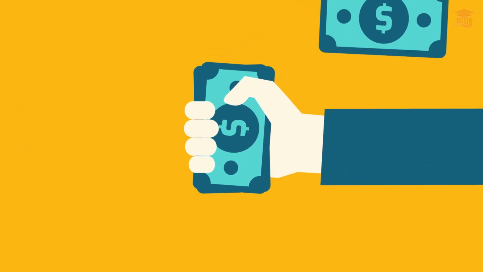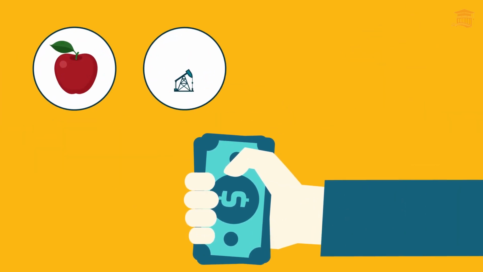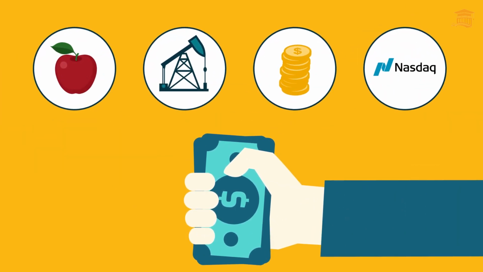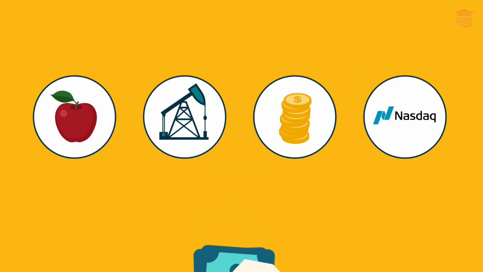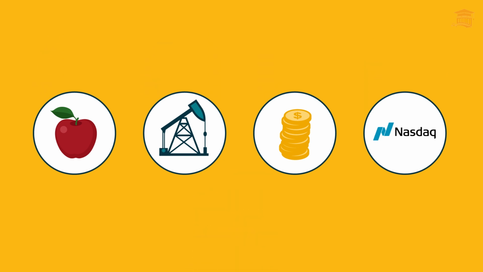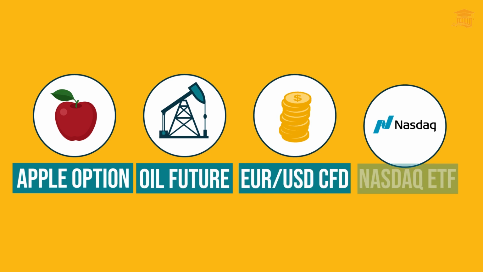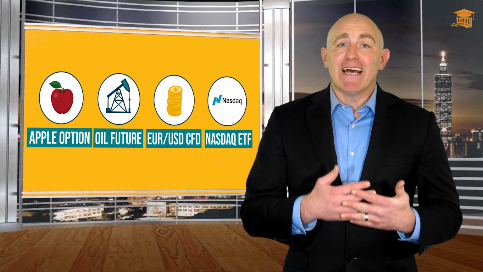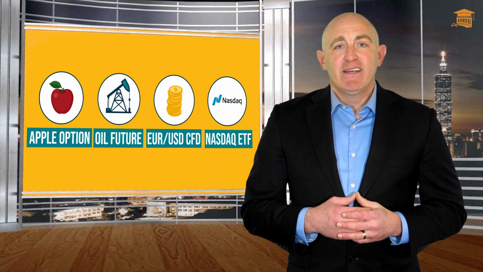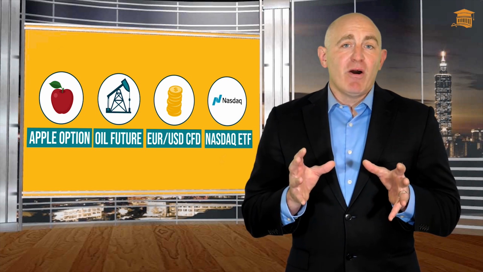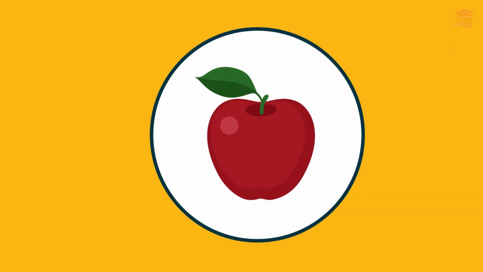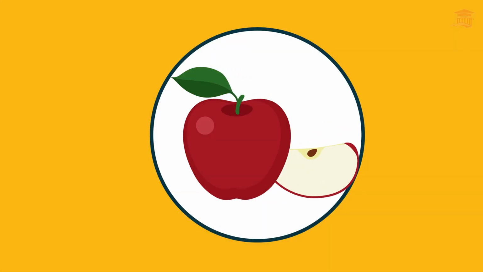Broadly speaking, these assets can be divided into shares, commodities, currency pairs, and indexes. And we can trade in the actual assets themselves. We can also trade in asset derivatives, like options and contracts to buy or sell the assets at some future time. Now, very briefly, shares are a part of a company that the company sells to raise capital. So if you own shares in Apple, you actually own a really small part of Apple. And you'll be getting a share of their profits on a regular basis, unless, of course, they lose money.